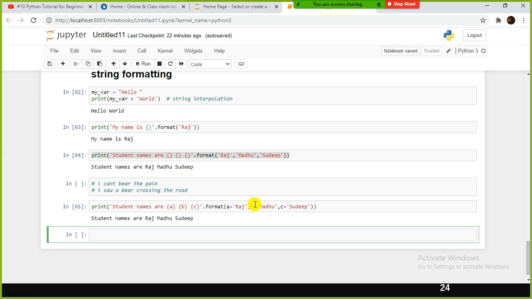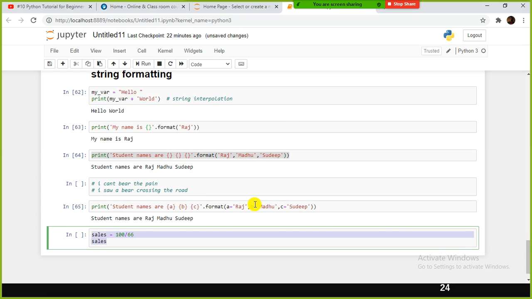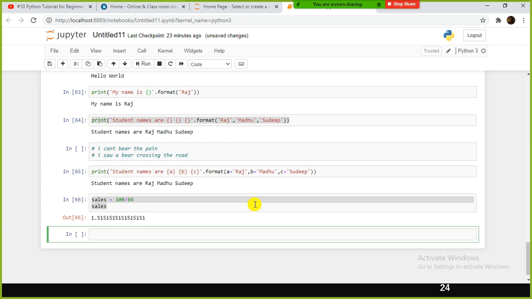Let's say if you have some floating point values, for example, I have price, or let's say sales is equivalent to 100 divided by 66, and what is sales now? So 100 divided by 66 is 1.5151, right?